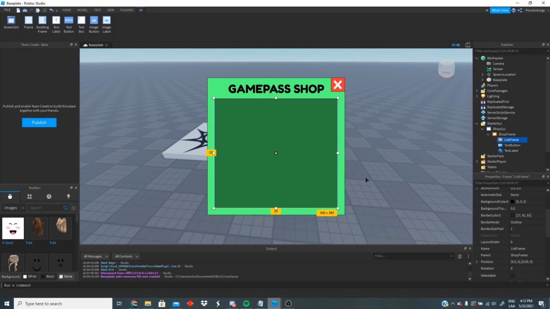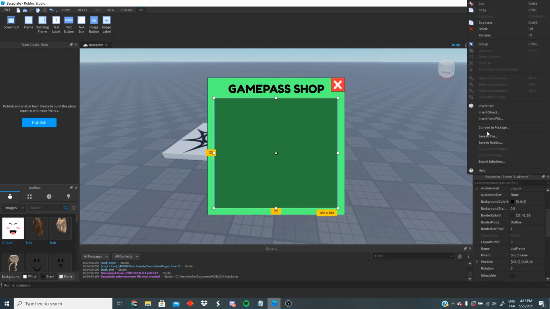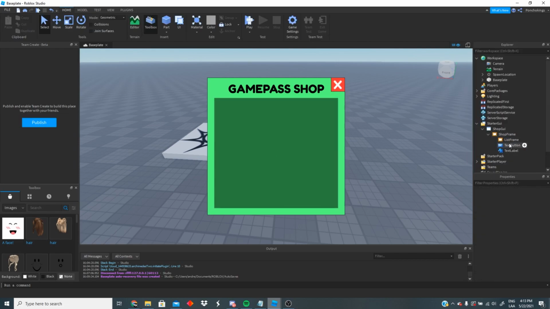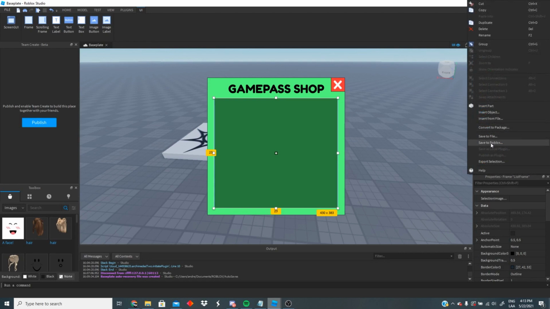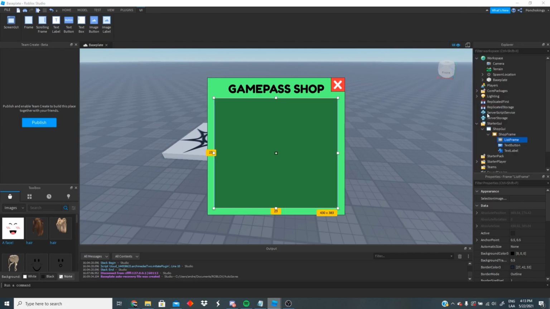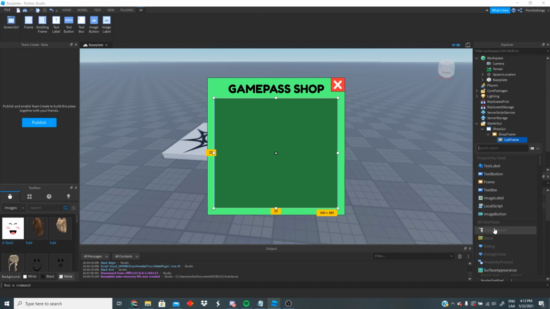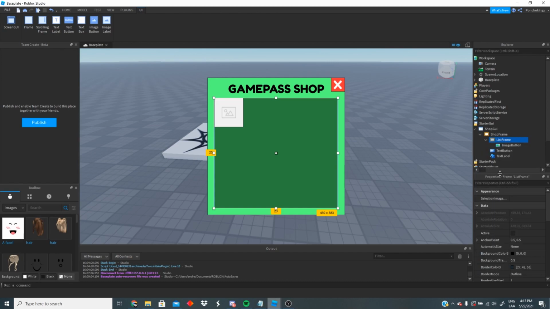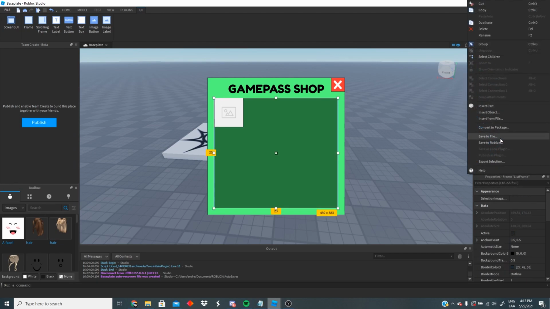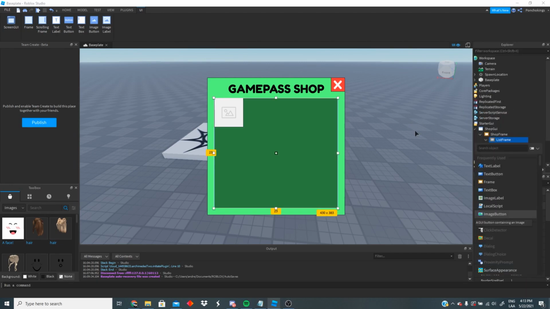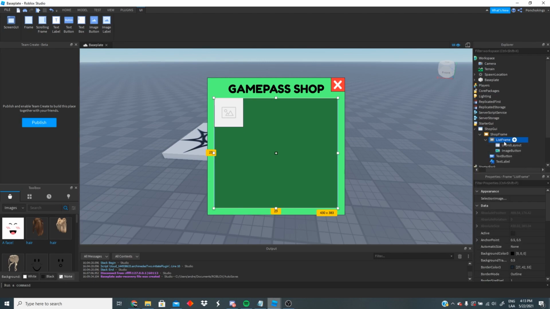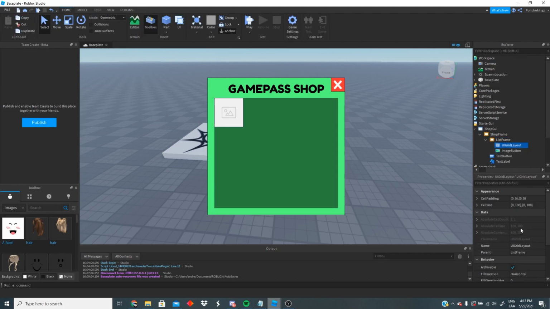And then inside our list frame, we're gonna go ahead and create another object, which is gonna be our Game Pass button. So we're gonna go to create object, and we're gonna go to image button. There we go. And for our image buttons, we're gonna be using a grid to position them. So we're gonna search for UI grid layout. We're gonna insert it inside our list frame,